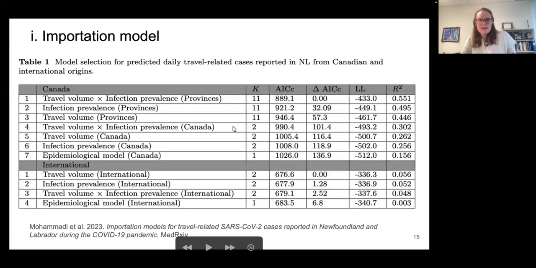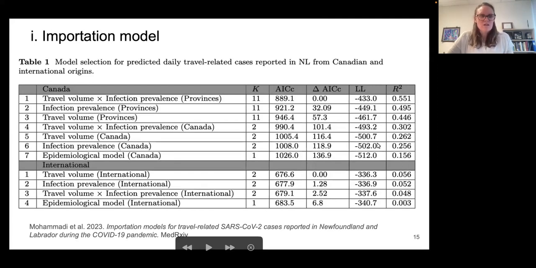It doesn't really make sense to aggregate infection prevalence across Canada and multiply by travel volume from Canada. Then your statistical model is a bit simplistic. You could do better at predicting travel-related cases if you didn't do that simplification. And for the epidemiological model, there's only one parameter that's fit, but it only explains 15% of the variation in travel-related cases. So while that model might be attractive because it has a lot of the realism that was actually occurring, in terms of accuracy in predicting the travel-related cases,